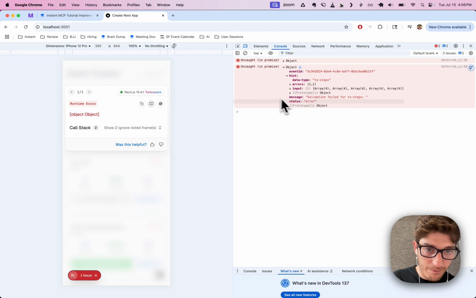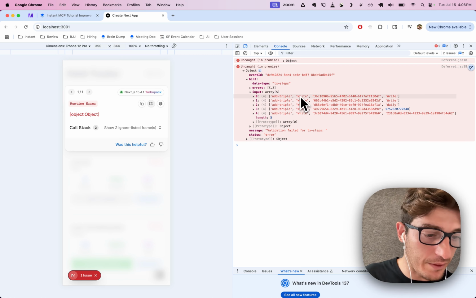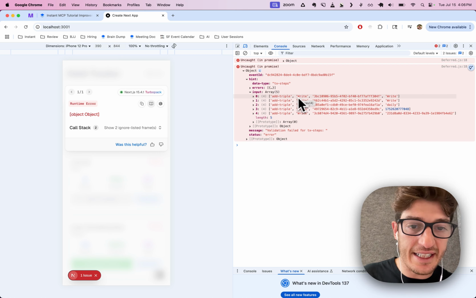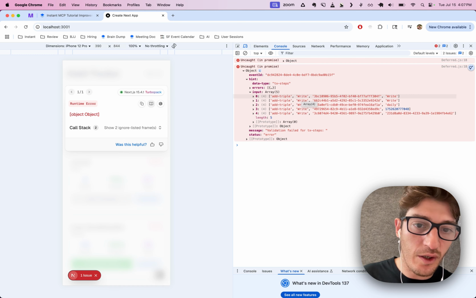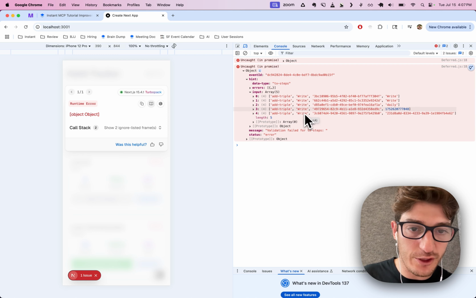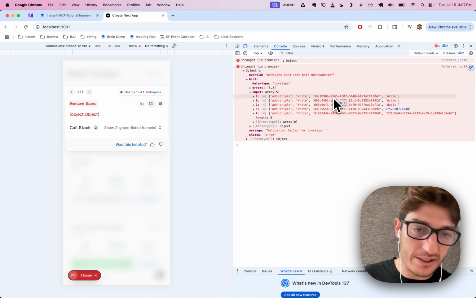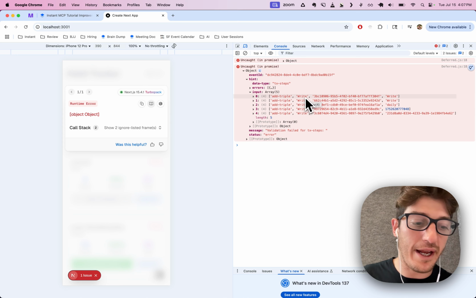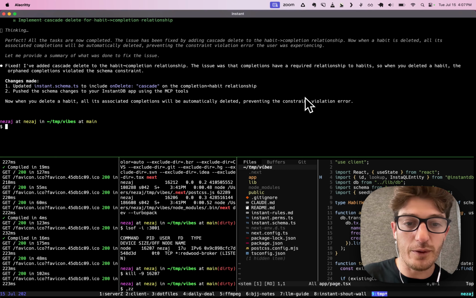Unfortunately, not very helpful. If we look at the input, though, one thing that we can see here is it says add triple, right? That's kind of what we had. And then this big ol' ID. Now, what should happen here is we should always see that the value in add triple for the second element should be an ID that looks like this. So most likely what happened is Claude did not use a UUID when it was adding a new